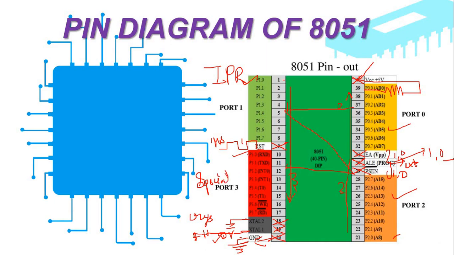What does multifunction mean? Here it performs RxD and TxD, the serial port. What is serial communication? Serial communication sends data one after the other, like a queue. And port 3.2, P3.2 and P3.3 are interrupt pins. P3.4 and P3.5 are timer pins. P3.6 and P3.7 are read and write pins. So these are the special functions we are performing here. In an 8051 we have serial communication pins, that is RxD and TxD. Pin numbers 10 and 11 are serial communication pins, and all other port pins are parallel communication pins.